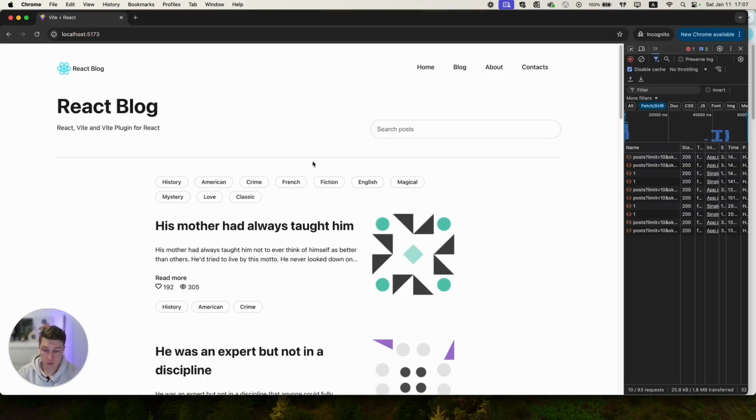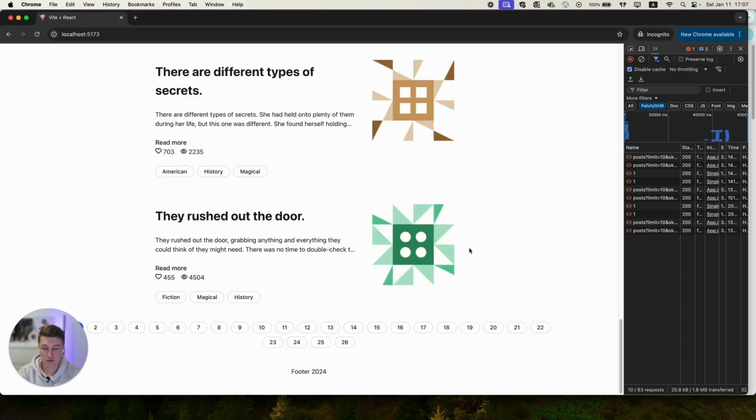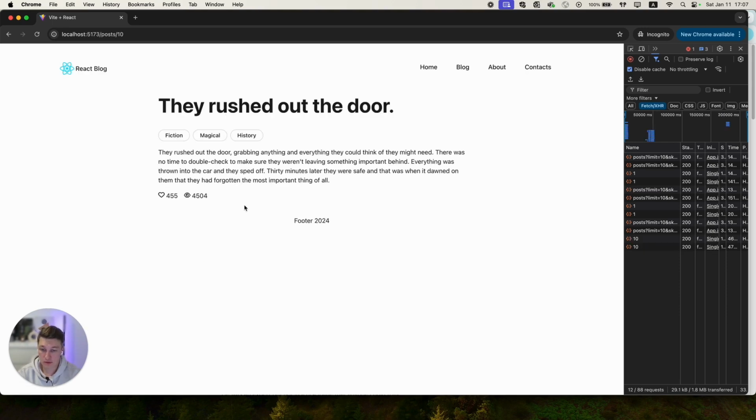So in this video, we enhanced our blog by adding pagination buttons. Also, we added individual post page using React Router, and in the next videos, or probably if you would like to improve this application, I would suggest to add some user interaction features. It could be likes button, creating the comments, and of course we could add another page with the form for post creation.